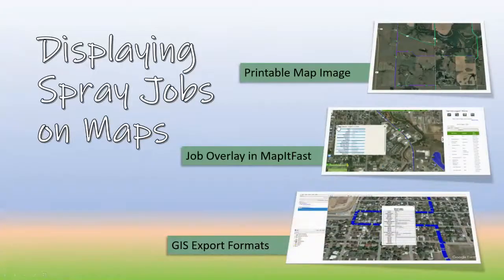So spray maps are a key element of pesticide application reporting, whether you're trying to understand your internal operations, meet regulatory requirements, or impress customers and board members. SprayLogger has a number of ways you can generate spray maps. Which format you choose depends in part on who the report is for and how you want to make use